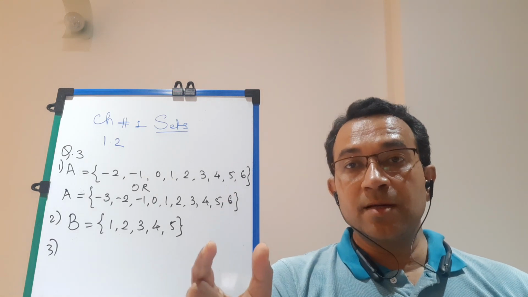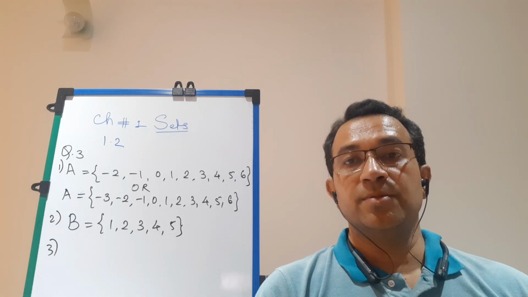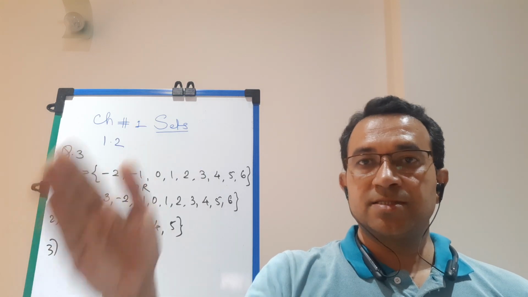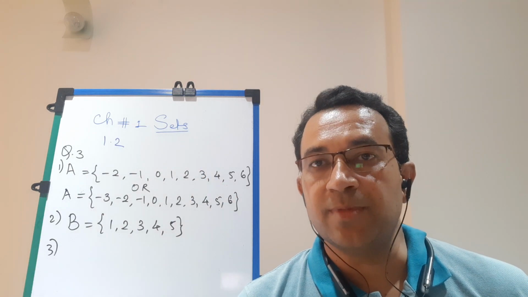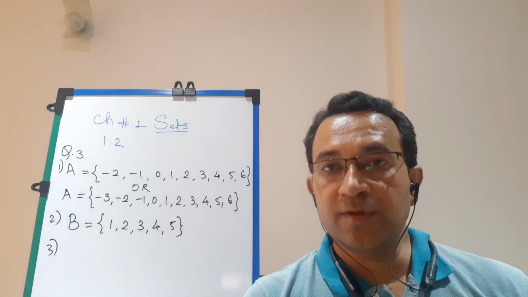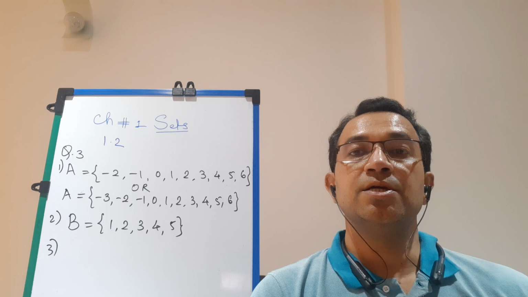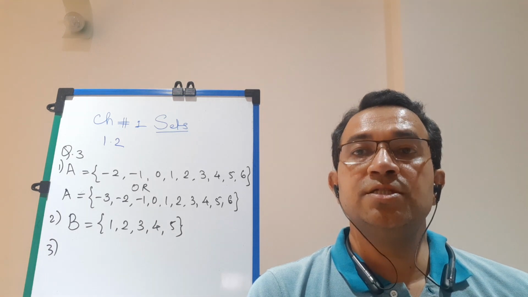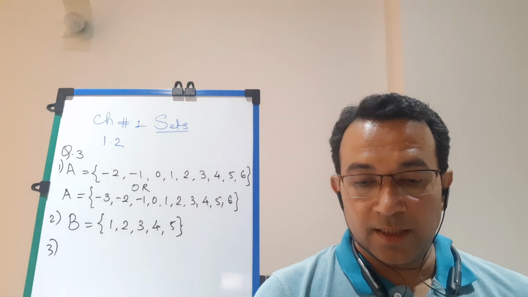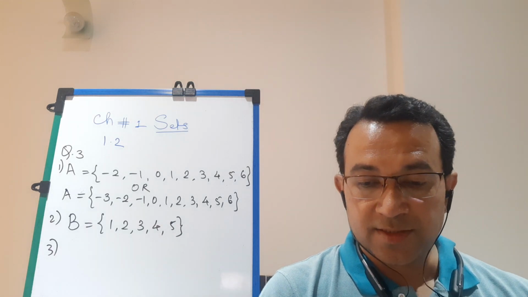So if I have a 2-digit number, the last digit is the units place and the first digit is the tens place. Leftmost means starting from the left, it is tens, and going to the right, students, it is units place. So a 2-digit number starts from 10, 11 up to 99. Now the sum of digits means the sum of the units place and tens place is 8.